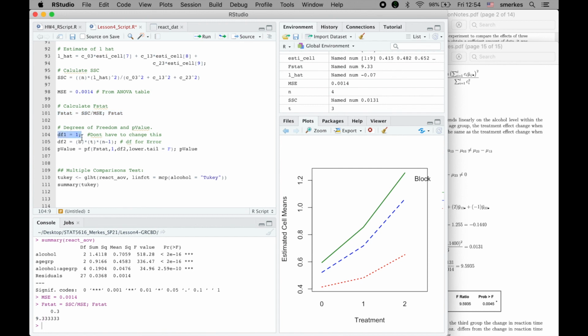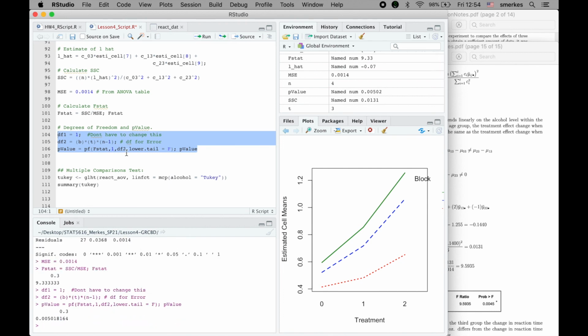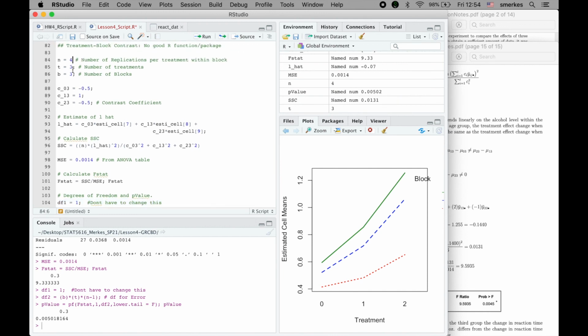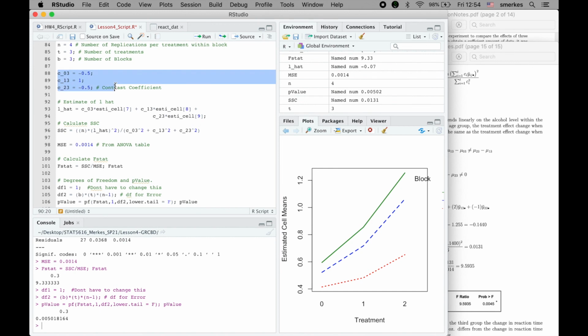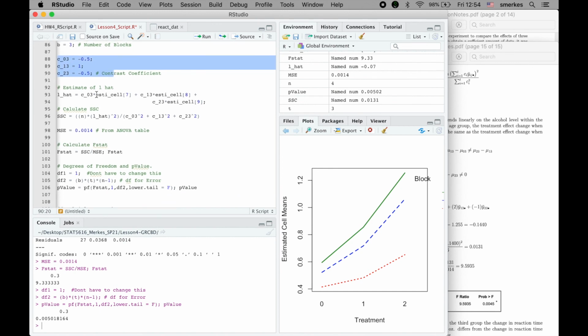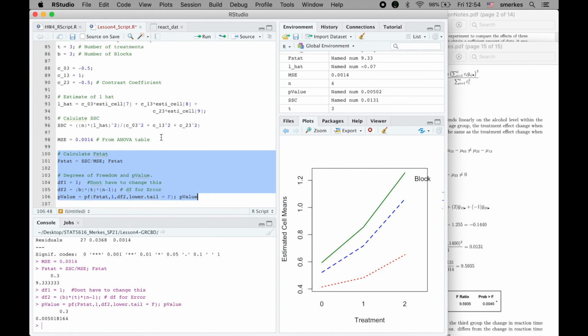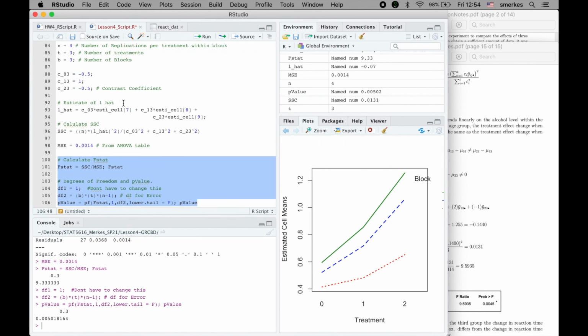Then our degrees of freedom are going to be 1 for the numerator. Degrees of freedom for the denominator is b times t, n minus 1, and then you run this code to get your p-value if it's a two-sided test. Now, I try to make it so that when you do your homework, if you adjust these variables, you'll have to adjust your contrast coefficients, and you will have to figure out which estimated cell means to use, which should be pretty simple. Look at your ANOVA table, but doing the F test and the p-value should just be copy and paste. So you will have to do a little bit more work than our JMP users,